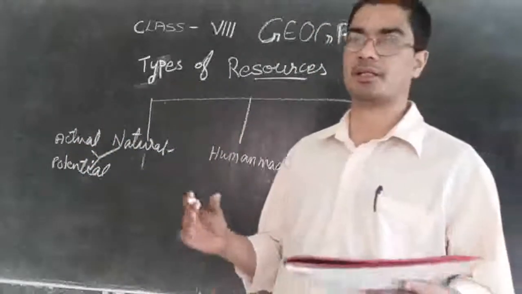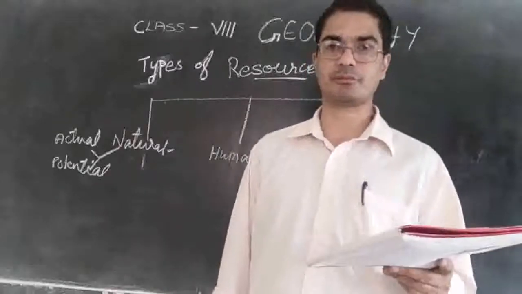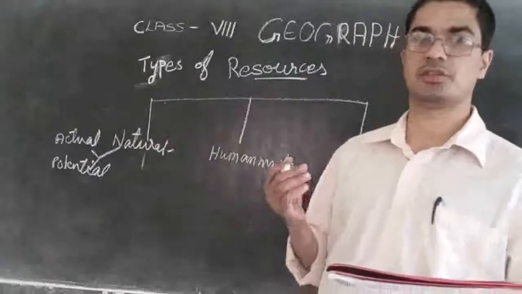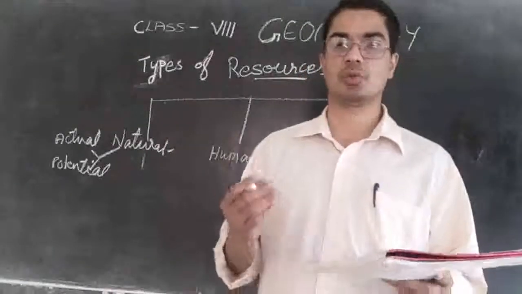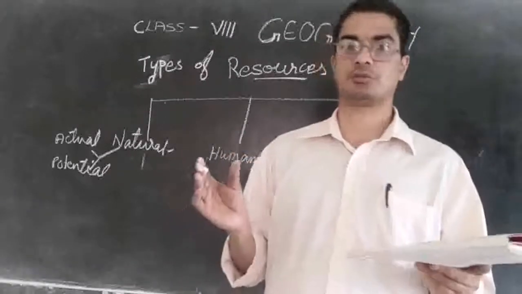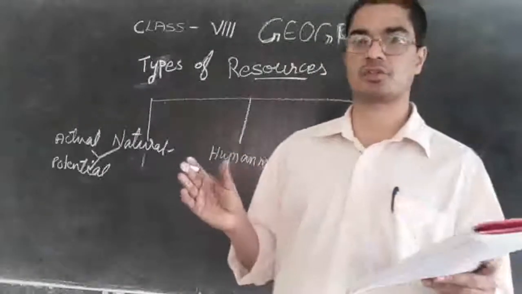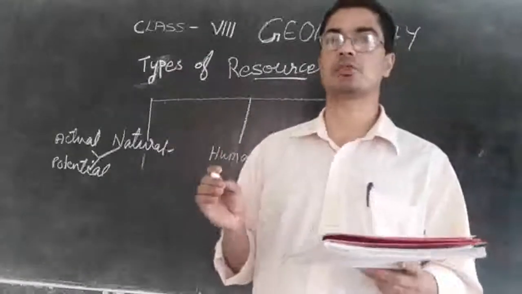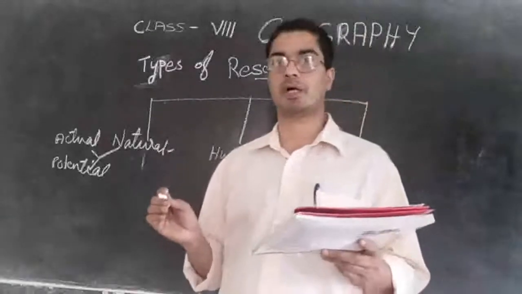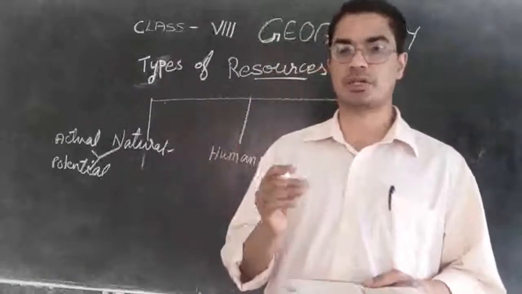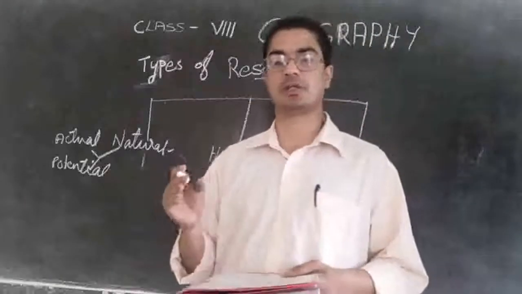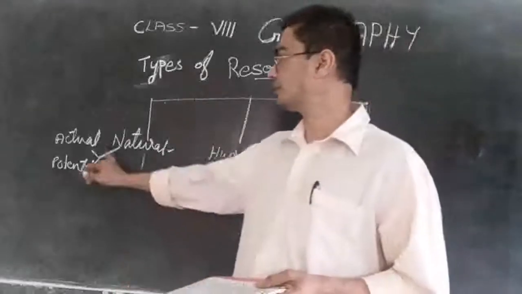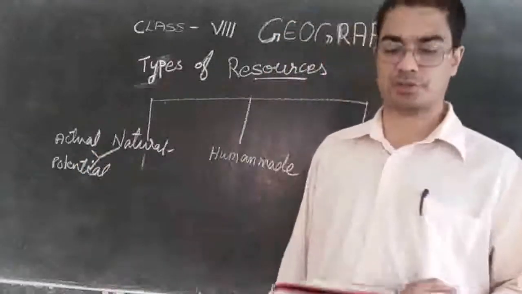Or even in India, in Maharashtra, we have black soil. So that is also a resource, taken out for making something. The quantity is known, the total amount of black soil available in the Deccan Plateau is known to us, and therefore we can make out how long it is going to last. If we start using it at this rate, how long is it going to last? We know it. So such cases are known as actual resources.